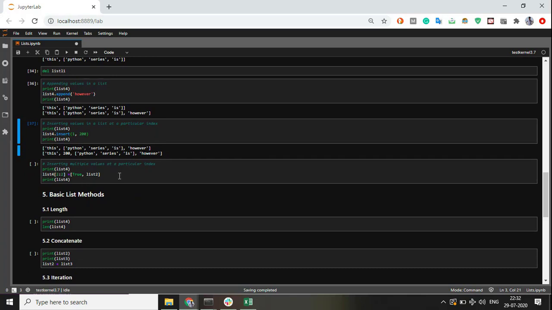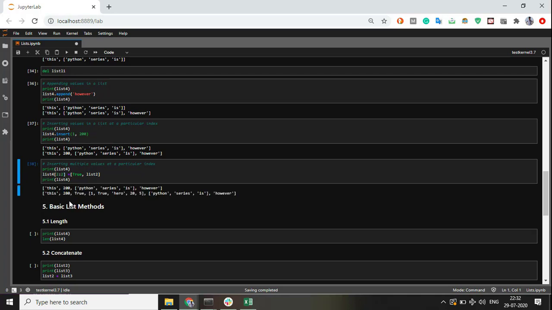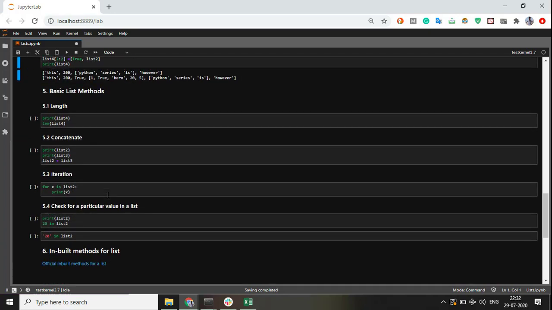Now if I want to add multiple values in a particular list, I'll just assign 2 colon 2, just to understand it better. If I do this, it will just append the same value, and this is how I can make another nested list and so on. So this is what can be done in a list. And there are various inbuilt functions in Python as well for lists. So very quickly we'll just go through them.